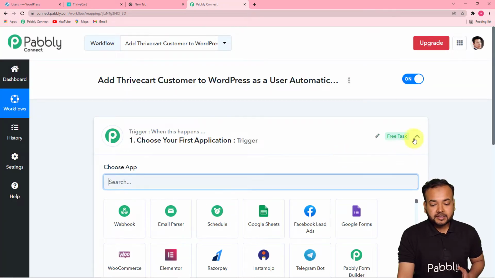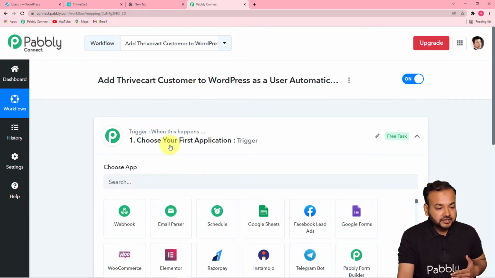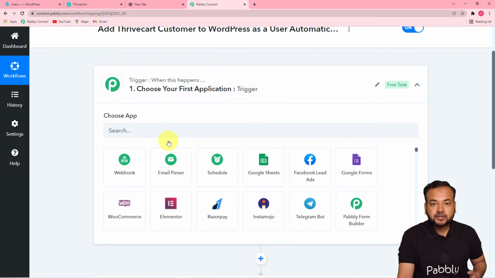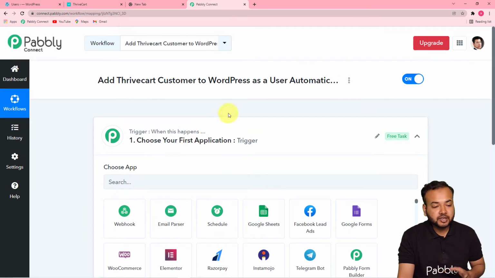On this page you will find these two things, the trigger and the action. Our automation works on these two things. The trigger is the happening of any event, so it is saying when this event occurs. The action will make Pabbly Connect perform any action according to the trigger. First of all you have to set up your trigger, which in our use case would be a purchase or a sale happening in ThriveCart store. And the action according to the trigger would be to add that same customer in WordPress